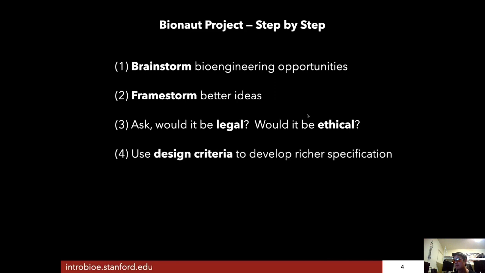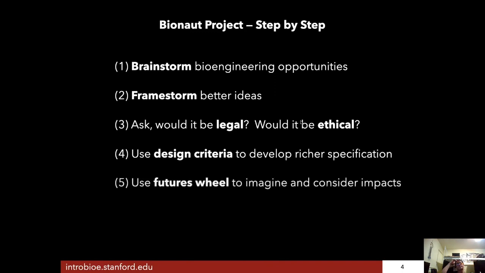Thus far, your ideas will be pretty simple in their description. We use a tool called design criteria so that you can develop a richer specification of what's involved in your bioengineering project. Finally, once you've started to decide what to work on and what you are super excited about, we'll pull out one last tool, the futures wheel, so that you can better understand the impacts, the direct impacts, the second order impacts, the third order impacts, and so on.